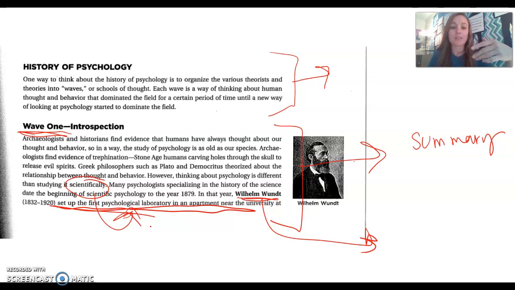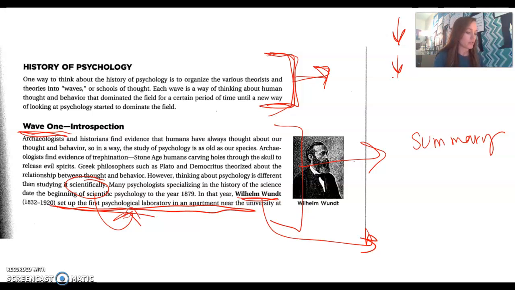By the end of this, you should have for each paragraph a bracket and a short summary. It can be 3 words. If you want to summarize wave 1 in 3 words, that's fine. I just want you to be thinking about, how did psychology change? If we were to go down the margin, in wave 1, these were what psychologists were thinking. In wave 2, these were how psychologists were thinking. We could easily read your margin if you have 3 words for each paragraph really quickly, and you won't need to reread this again.